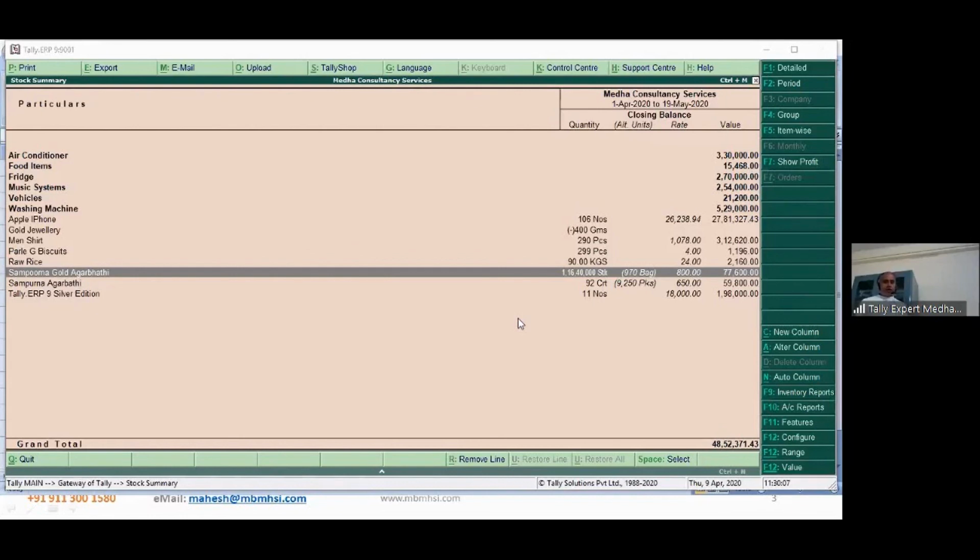Now I know what is the stock that I hold. So now I'll go to my distributor and say, sir, for every carton you pick, I'll give you 1 bag free. Some scheme that I will do, and I'll ensure that I'm liquidating all my stock. For this we require data.